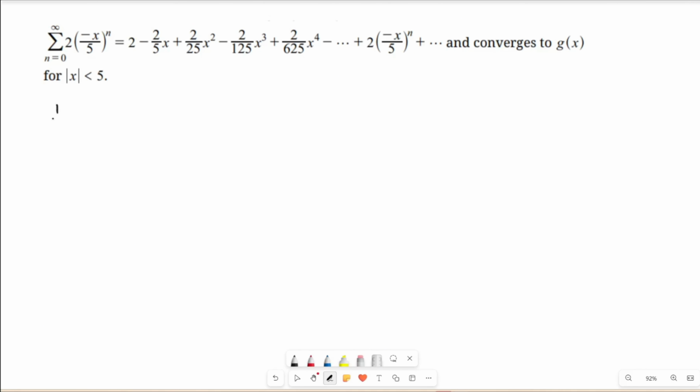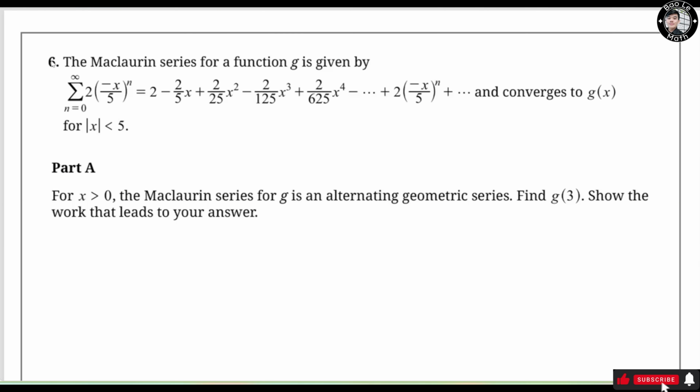Alright, so we know that 1 over 1 minus s is going to be the sum of the series s to the n, when n starts from 0 to infinity. And in order for this series to be convergent, the absolute value of s must be less than 1. Right? This is a geometric series.